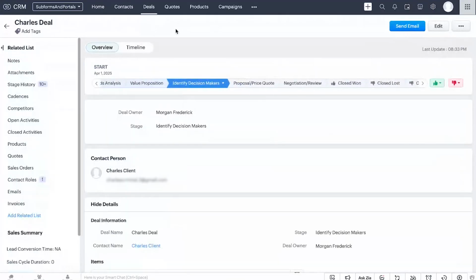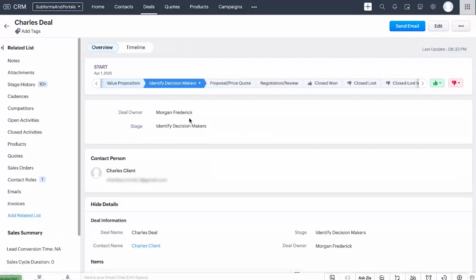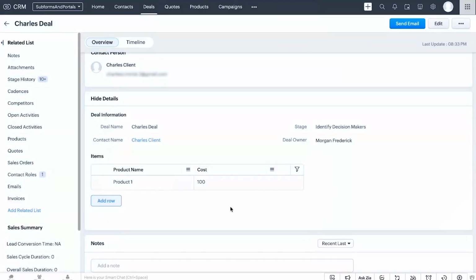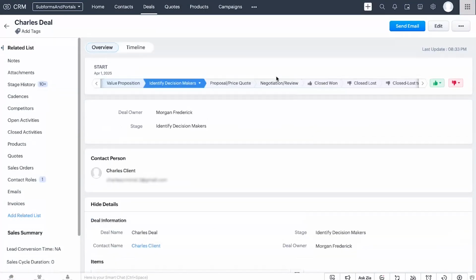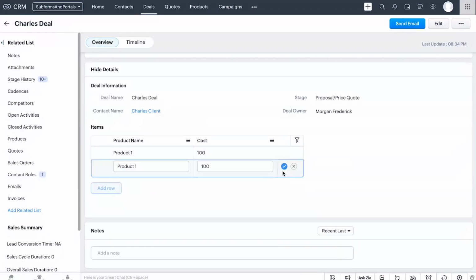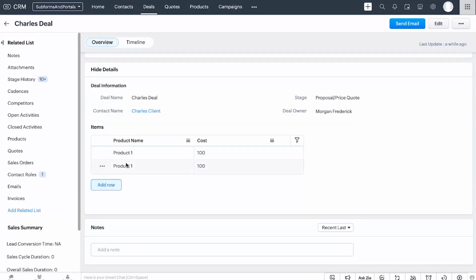So if I go into the deals module, I forgot if I reloaded this. So right now I'm in the identify decision makers, and I'm going to be able to delete this. Okay, no problem here because it's not in any of the serious stages. So once I go to the proposal stage, I should not be able to delete this, right? So if the user tries to delete this,